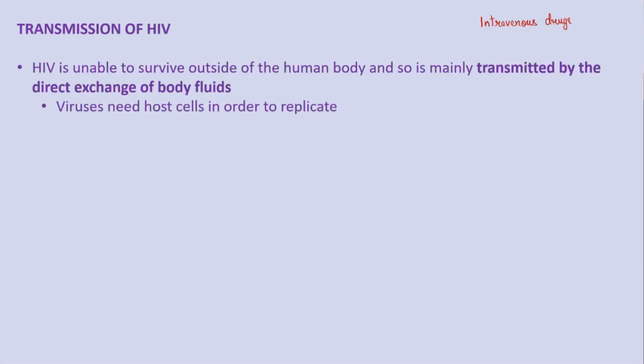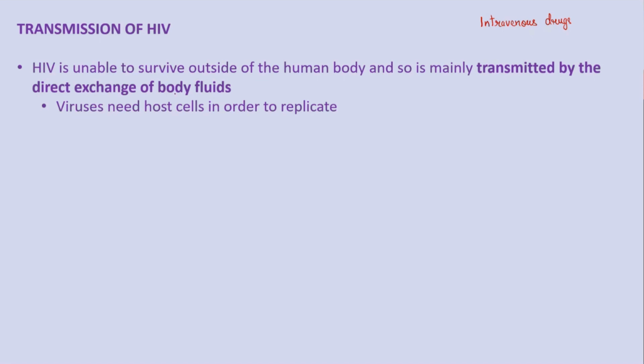Then transmission can also take place, and this is one of the most unfortunate events, if a mother is suffering from HIV. During the development of the embryo, the virus can enter the embryonic blood or body as well. Babies can receive the virus from their mother either during embryonic development or through milk. When mothers breastfeed their babies, through the colostrum also these viruses can enter the baby's body. So there are a number of ways through which this virus can be transmitted.